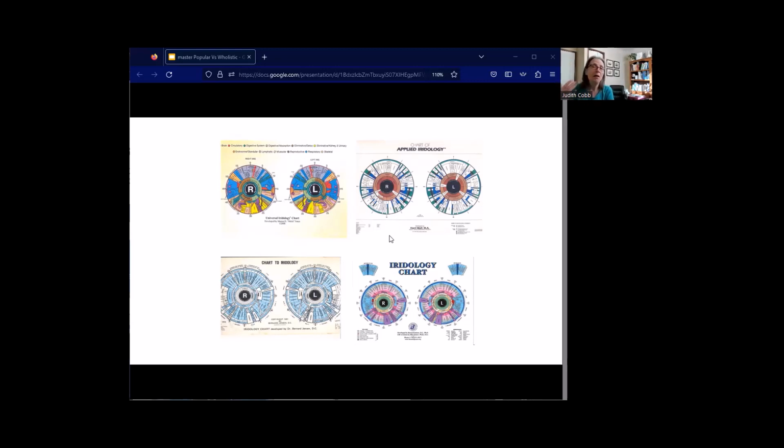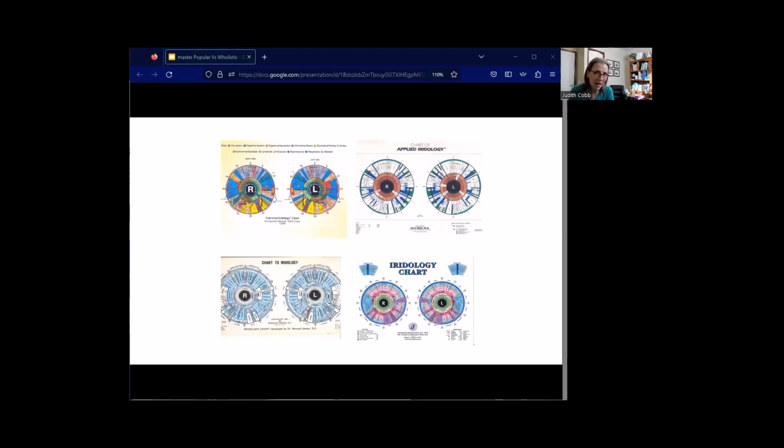These are almost allopathic charts, because we've divided the body into such tiny areas that if we take that chart and shrink it down to the size of an iris, some of these areas might be 3 fibers wide in a blue eye, which means that if that iris chart or your photo is at all tilted, if it's not perfectly lined up, you're going to be misassessing what you see. And some of them get down into ridiculously small body parts that are not useful,